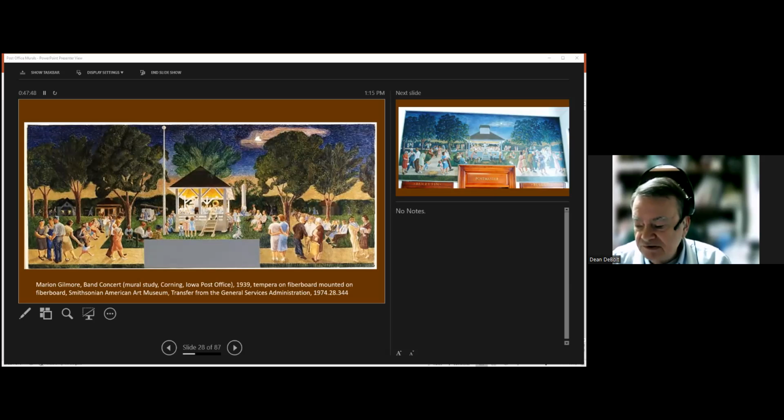She was supposed to portray an idealized view of a small town, showing the community listening to a band concert in the town square. This is her preliminary sketch, which survived and was transferred in 1974 to the Smithsonian American Art Museum. But it's not an accurate depiction of Corning Town Square, as far as the people were concerned. It shows a cannon on the left side of the bandstand and an obelisk, neither of which actually